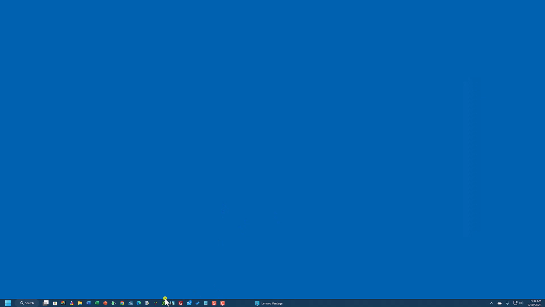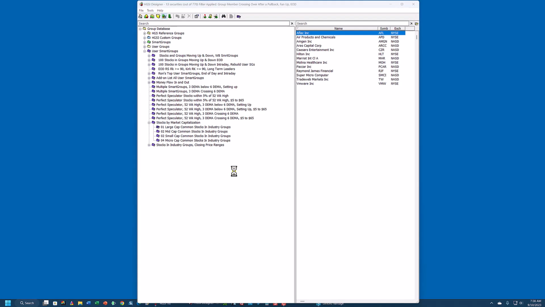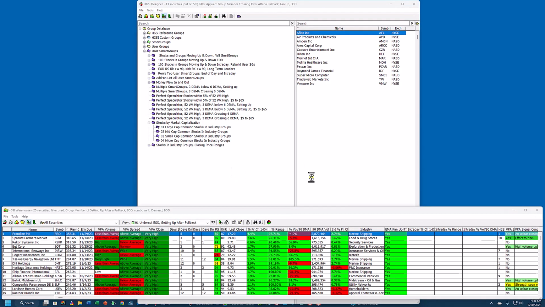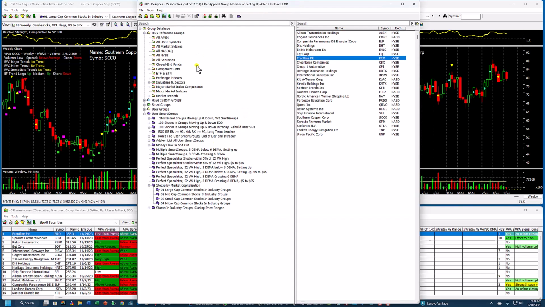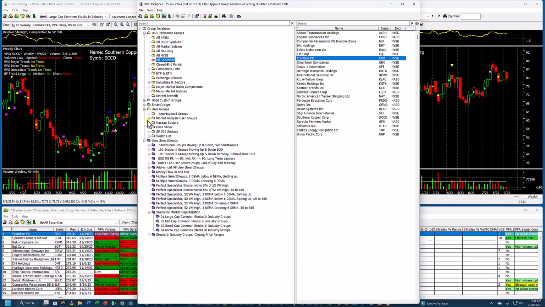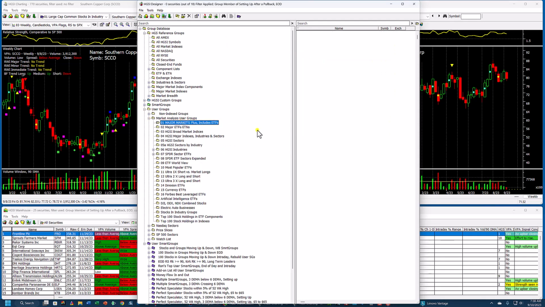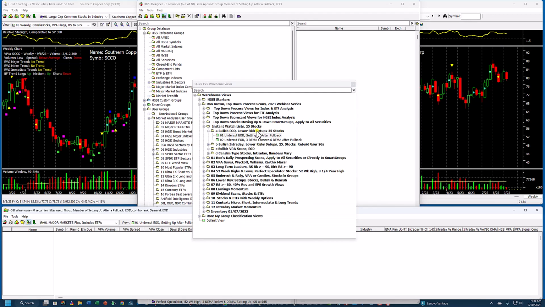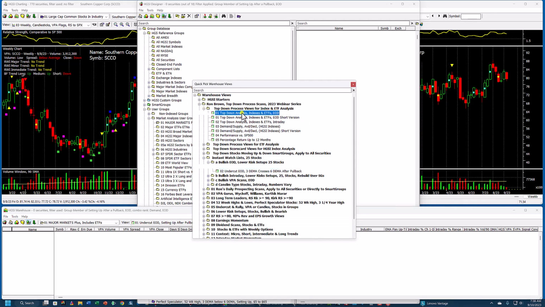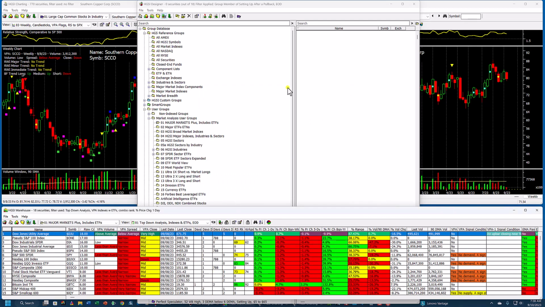Now, I don't have anything laid out on my screen. I'm going to open the software, and these are coming up in the layout that I last closed. Now I have to change the charts. I'm going to begin with a market analysis. So I'm going to go into my user groups, my market analysis user groups, click on the first folder, click through to the warehouse, and now I have to go up here, top-down process for index and ETF analysis. Click on that,